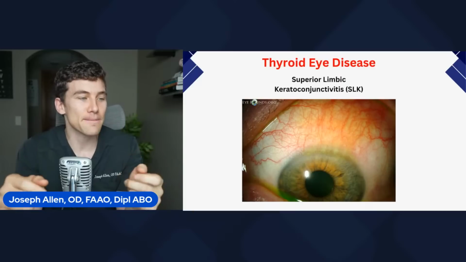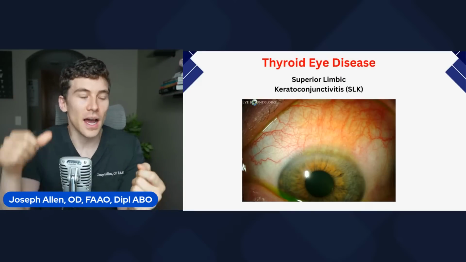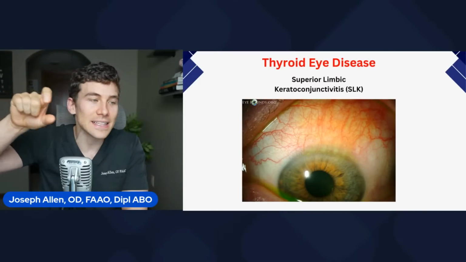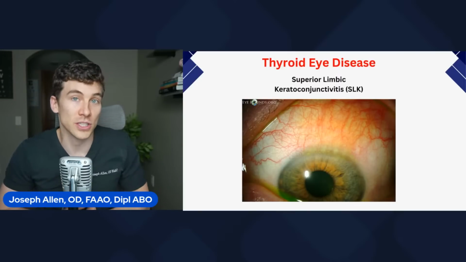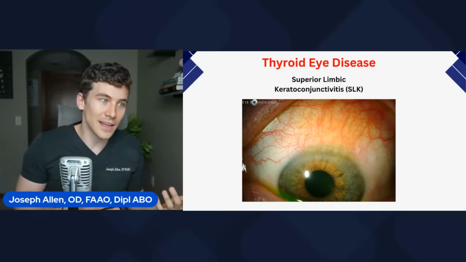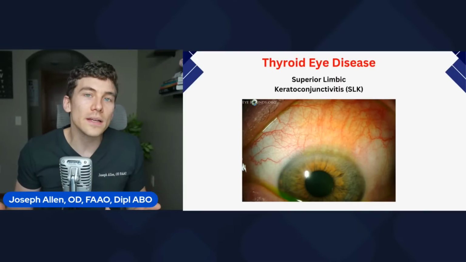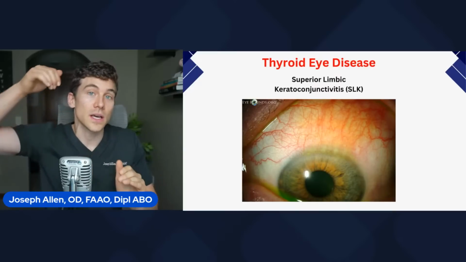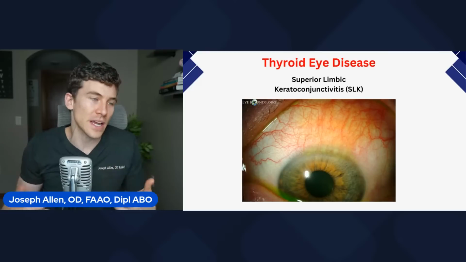Another thing I wanted to mention, because this is something I'm always evaluating for: if you ever came in and saw me for, let's say, dry eye, I always ask you to look down, and I lift up the upper eyelid. I'm looking underneath the eyelid for possible redness that you see in this photo. That's called superior limbic keratoconjunctivitis, or SLK. There is an association between thyroid eye disease and SLK. They don't fully understand why. The theory is that as the eye bulges forward with thyroid disease, the upper eyelid rubs more aggressively on the top part of the eye, causing irritation and this redness.